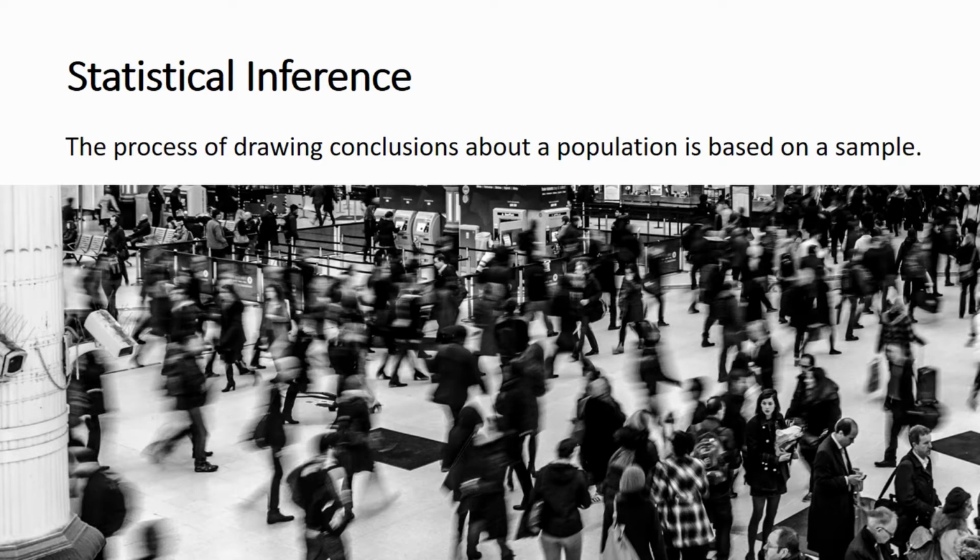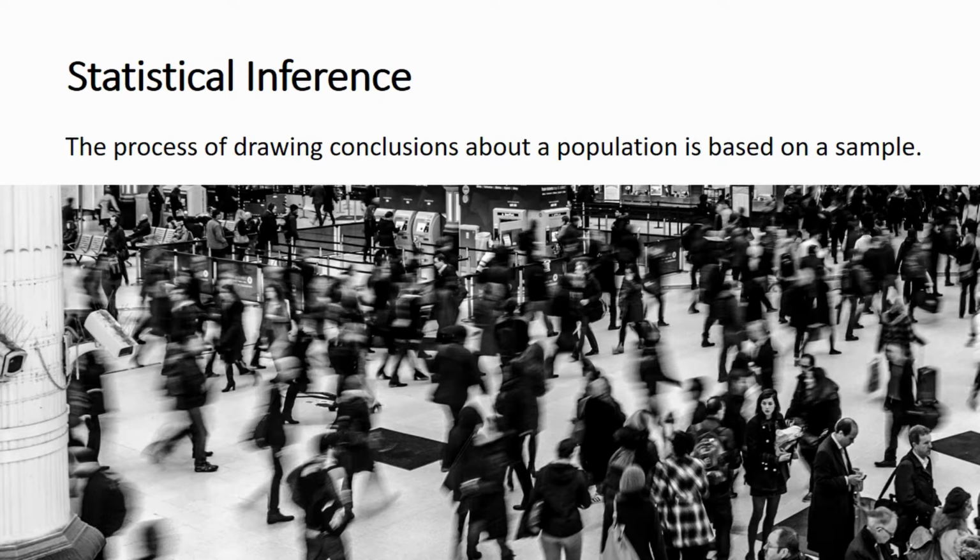The process of drawing conclusions about a population that is based on a sample is called statistical inference. Samples have variations because it takes only a subset of a population. The sample will only approximate the population because of natural and explainable variations, and because the sample is not a complete picture of the population.